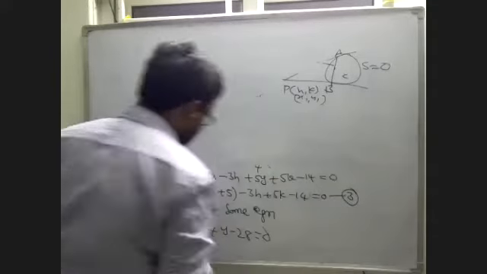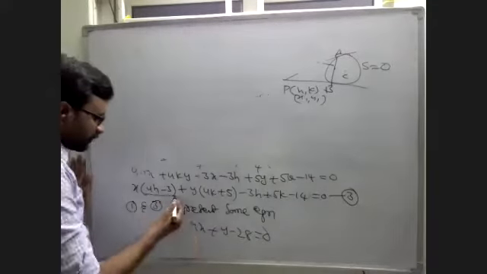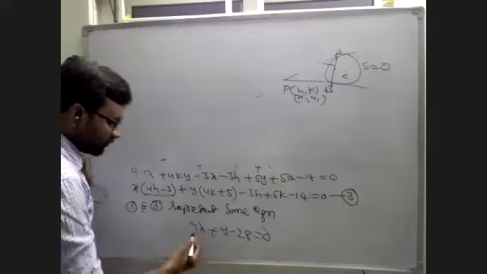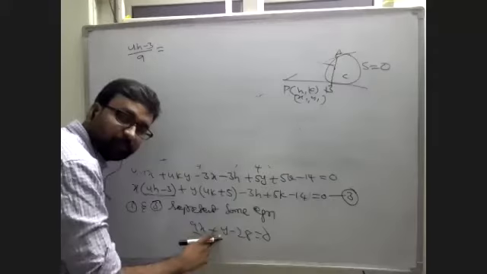Yeah. What is a1 by a2? This is a1, this is a2. Then you will get what? 4h minus 3 by 9 is equal to b1 by b2. This is b1, and the y coefficient will be b2. That is what?